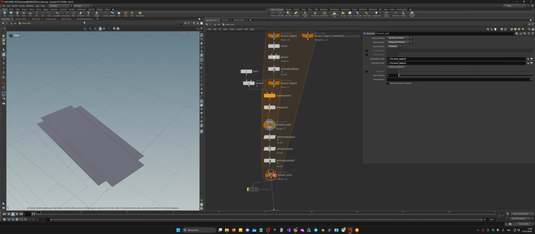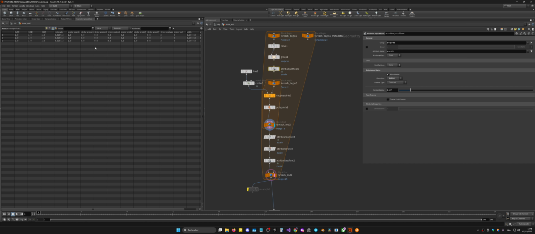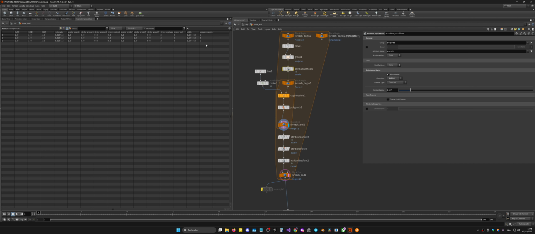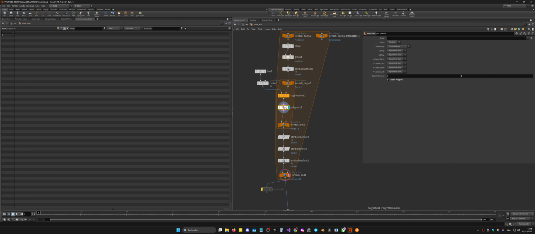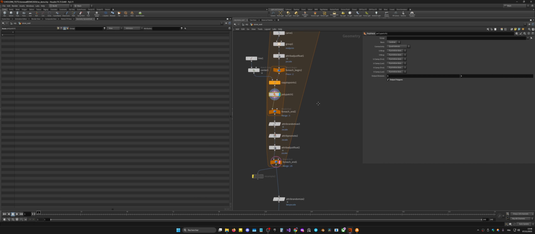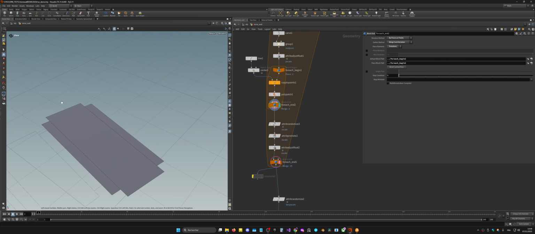Let me check. So before the poly patch, there's a group that is called mid-prim there on my primitives. One is inside, two are inside, one is not inside the group, 1, 1, and 0. And there, on the primitives that are created on the poly patch, nothing. And I cannot promote anything, so there's nothing to create the group again, because at the end here I always have 3 primitives,